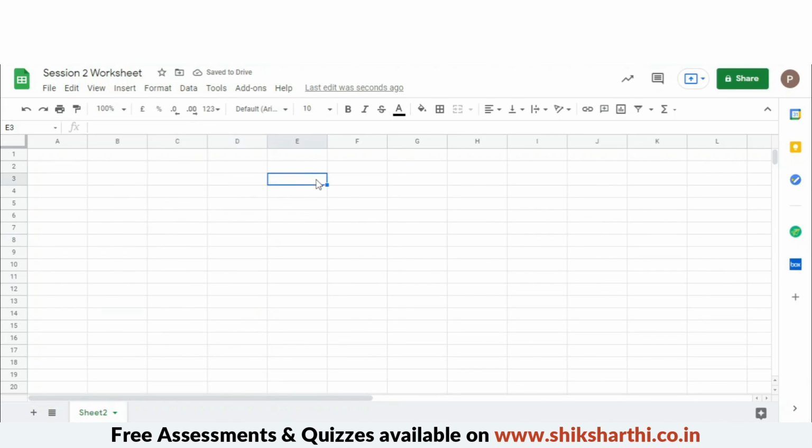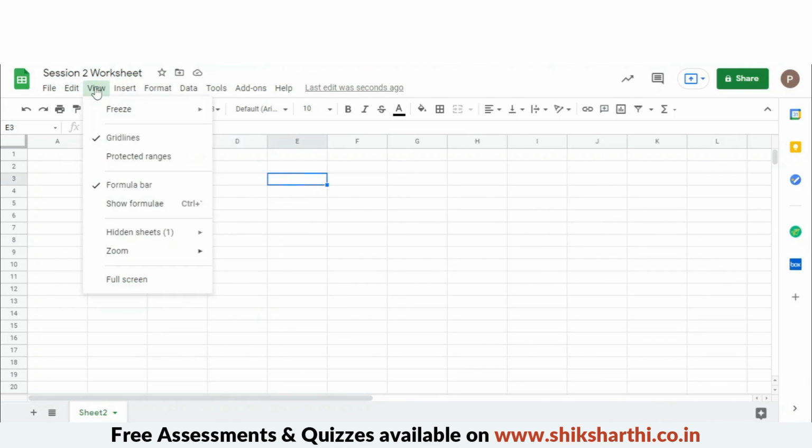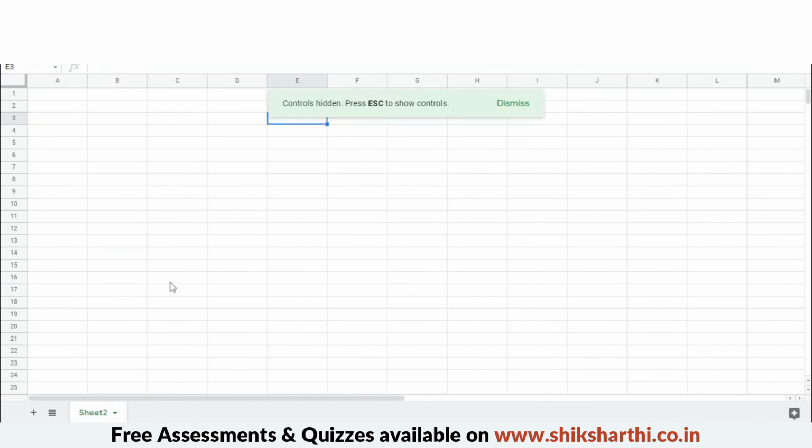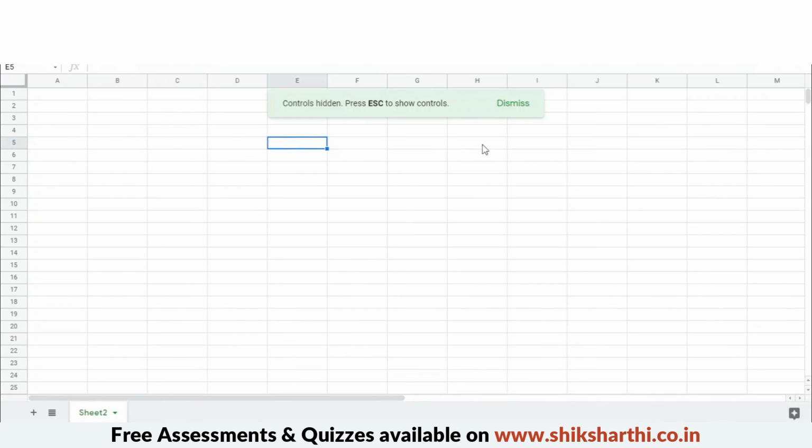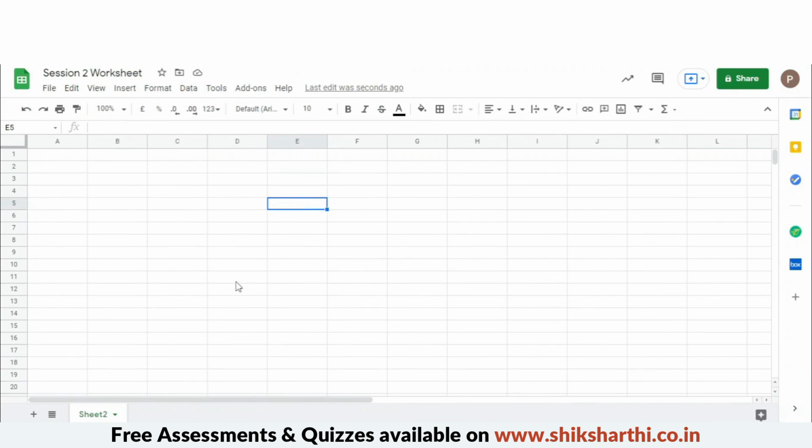Clicking zoom, you can directly change it here, or you can go into view and press full screen, which makes it appear full screen, removing all the controls. But without controls it will be difficult to work, so press escape or directly press dismiss to come back to the normal view.